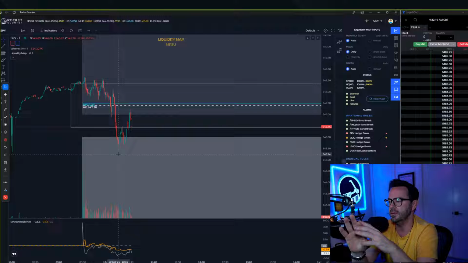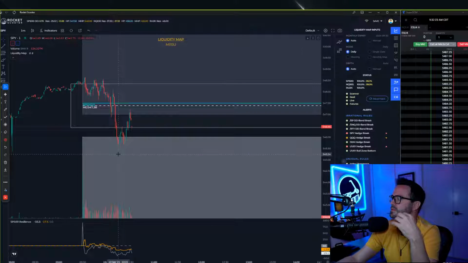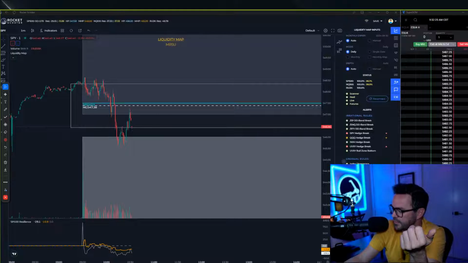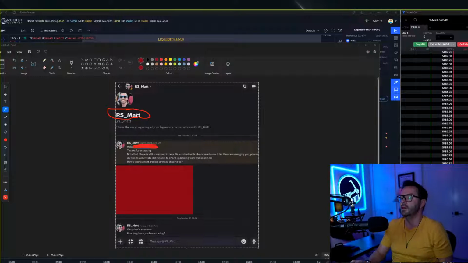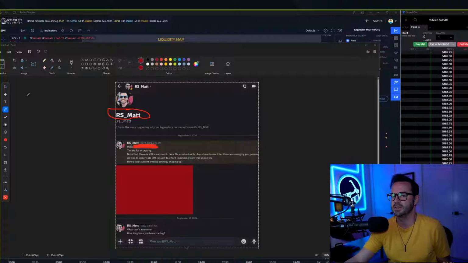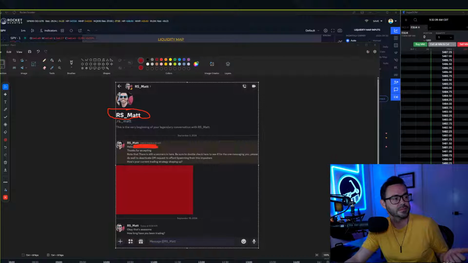So I can be Donald Trump if I want. You don't see that in the friend request. All you see is this, rs_Matt sent you a friend request, and that's my unique ID. They can be that, and it just says rs_Matt sent your friend request. As a matter of fact,